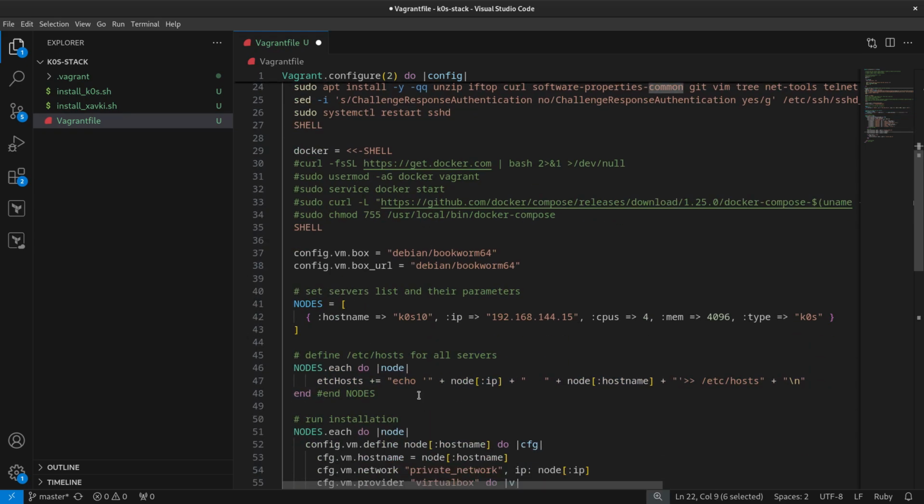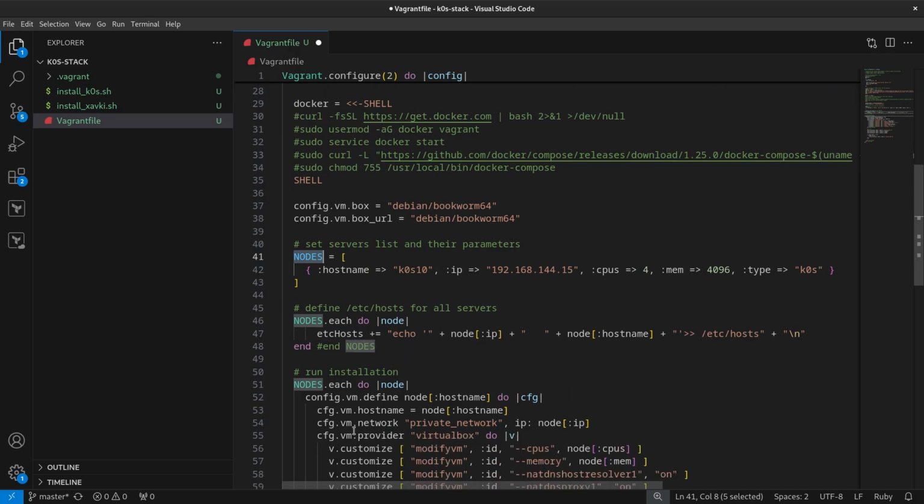I want to edit a variable with echo, like here, and this is like we add in our /etc/hosts variable: echo, in the first line, the IP, the hostname, double chevron, and /etc/hosts, because this is a loop with our NODES variable. So if you want, you can add some elements here, of course.